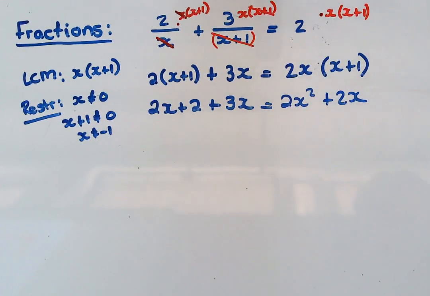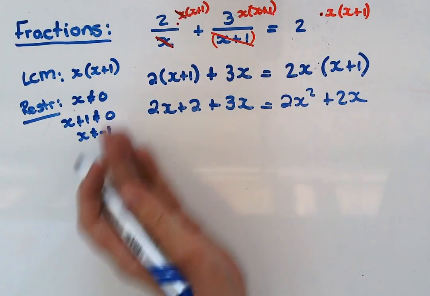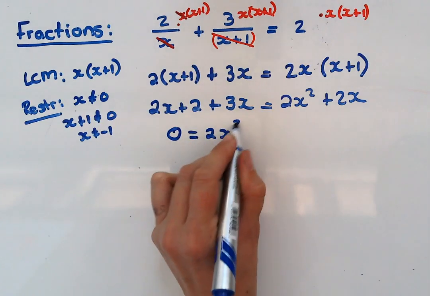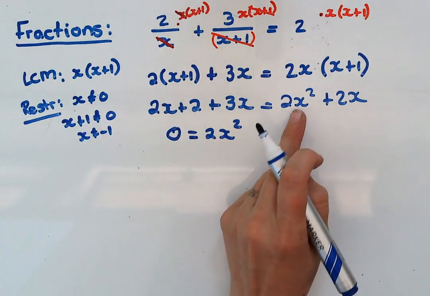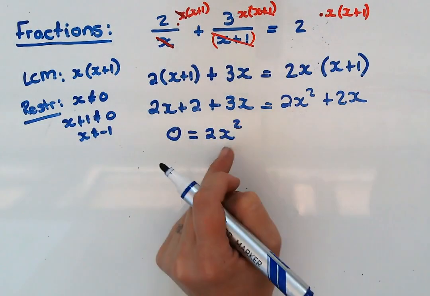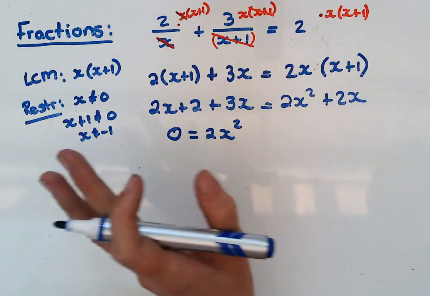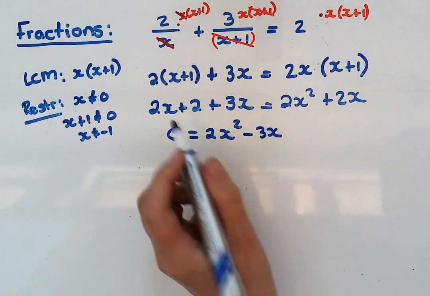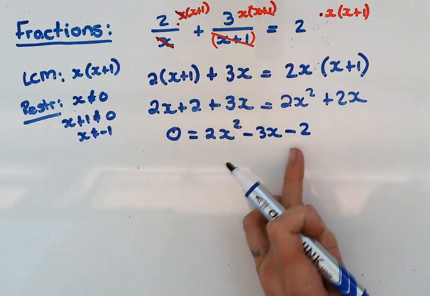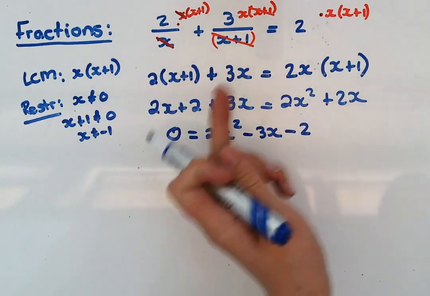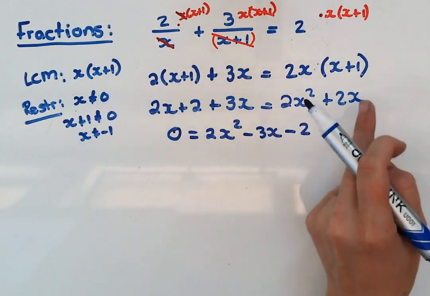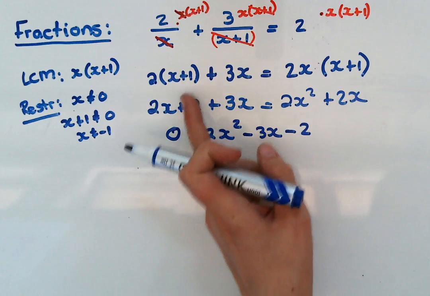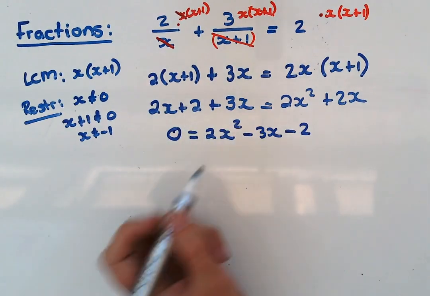Right, and now I'm going to be taking everything to one side, which I'm not going to talk through all of the steps now. I'm simply going to take it to the right hand side, because the x squared term is positive here on this side, and I don't want to take it to that side where it's negative. That just complicates matters too much. But I'm not going to go through all of the steps. What I basically did is I jumped the 2x, I jumped the 2, I jumped the 3x, and then I added the like terms. So 2x minus 2x minus 3x gives me minus 3x, and the minus 2, because that you're supposed to be able to do.